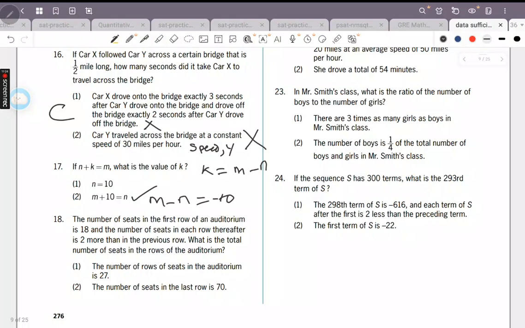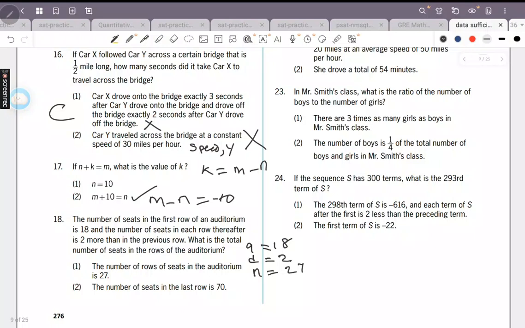Yes, but you also need to be fluent enough to answer the question. It's something you're supposed to know. This is arithmetic progression. We have the first term, a, which is 18. Then d is the common difference, which is 2. What is the total number of rows of seats in the auditorium? So n is